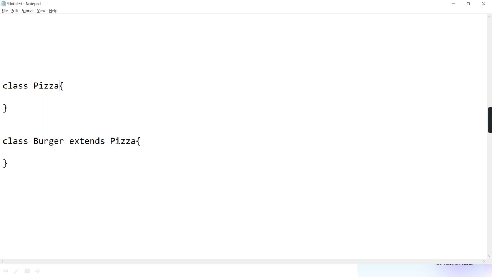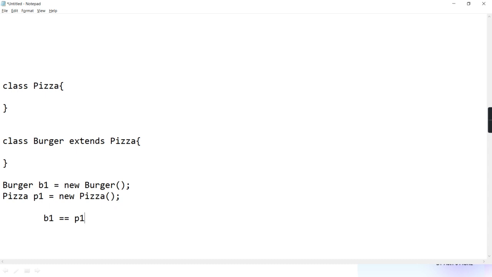So as they are exhibiting a parent-child relation, they are compatible, and therefore that equality is legal. Burger B1 new burger and pizza P1 new pizza. And now I am comparing burger with pizza.